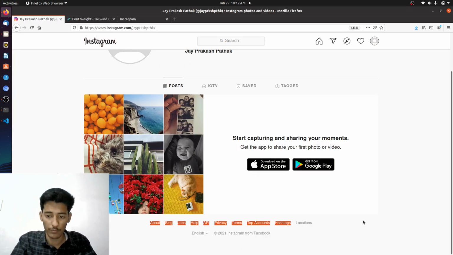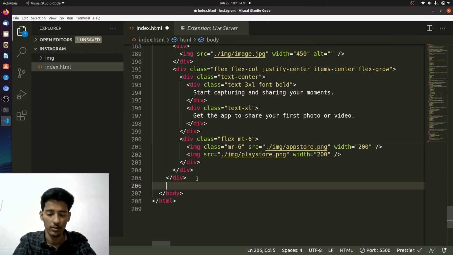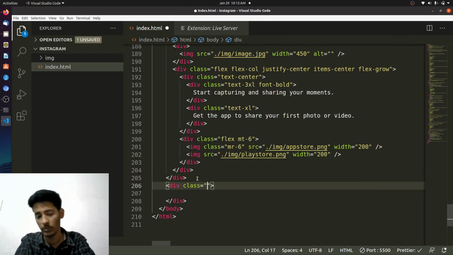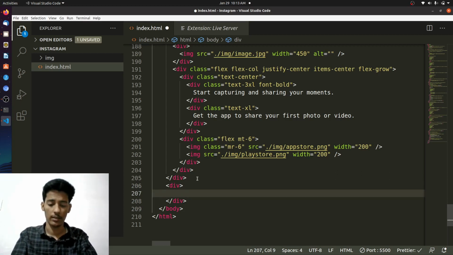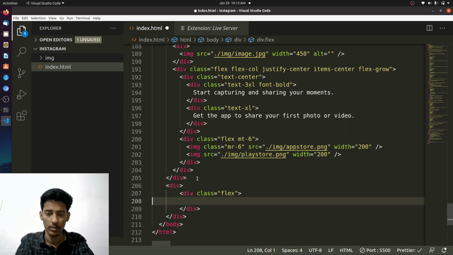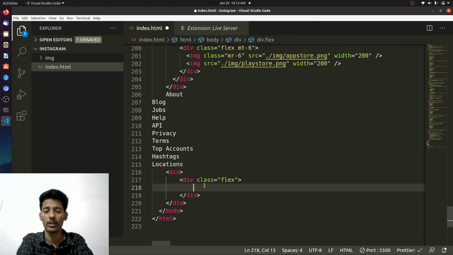The next thing we have to do is make this particular thing. So let's copy everything from here so that we don't forget what we have to write. And let's go to the next section. Let's go with a div. Some of the things are default, so we have to say this should not be flex, but it should have margin from the, well, it does not matter. We'll just save it like this, and we'll specify a width over here, a div over here, class flex. Let's copy paste everything we have done from there. So here, this is a class flex, and